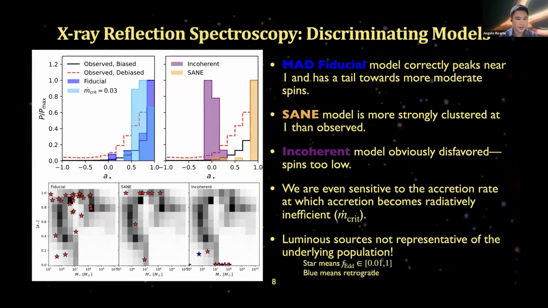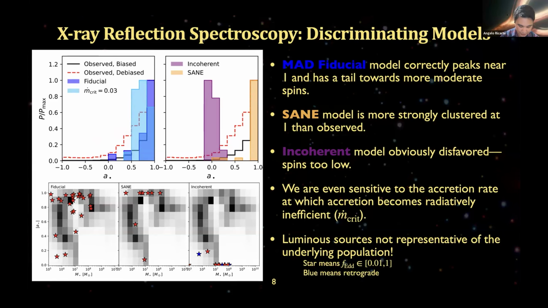So what we explored in this paper was implications in spin distributions that might be accessible to different types of observations. One that you heard about last night, if you were here, was X-ray reflection spectroscopy, where here I've selected in Serotina for objects that have high Eddington ratios, and we're looking at a variety of different models here. Some things to take away is that, well, first of all, the observations are these histograms in the back, black or red for a different biased version.